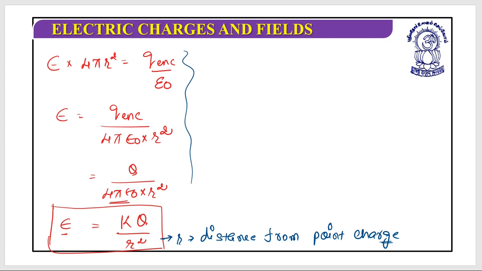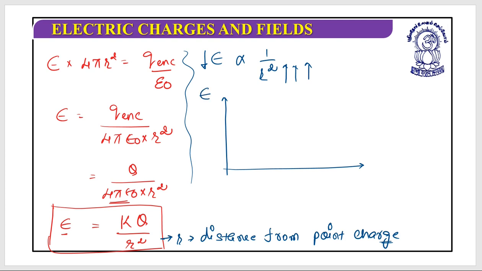Now the relation says that E is directly proportional to 1 by r square. That means as soon as distance increases, electric field decreases, and vice versa. Are you able to get this? Well then. Next, let us suppose I want to plot a graph